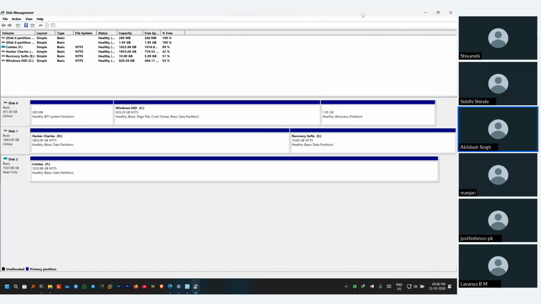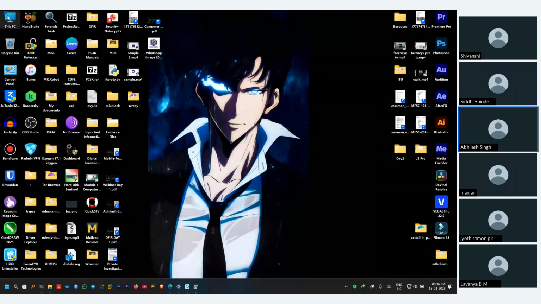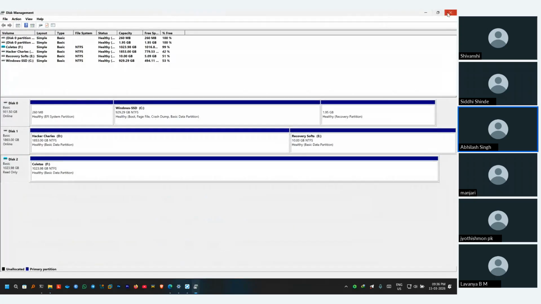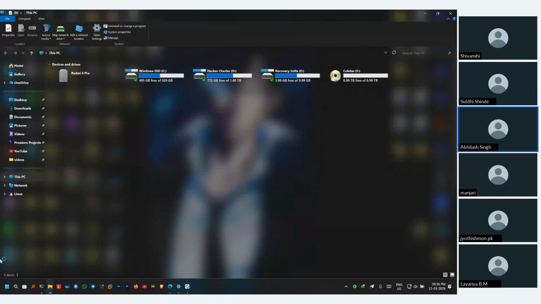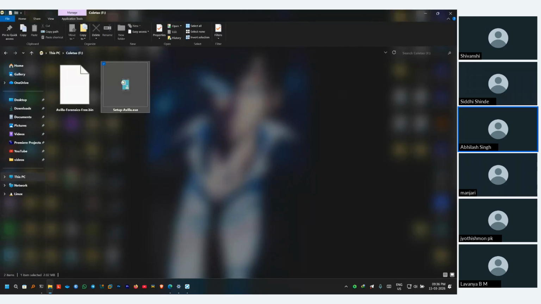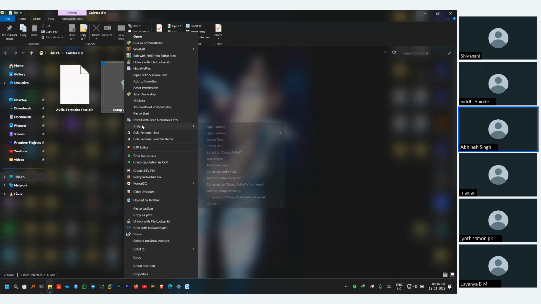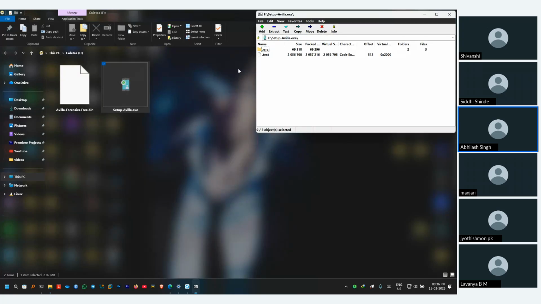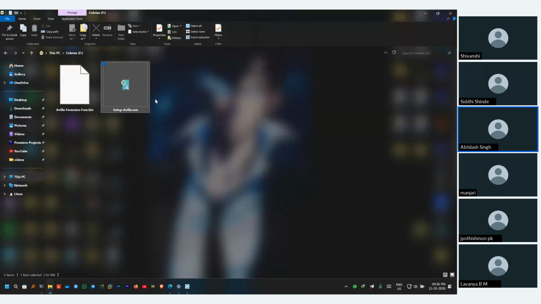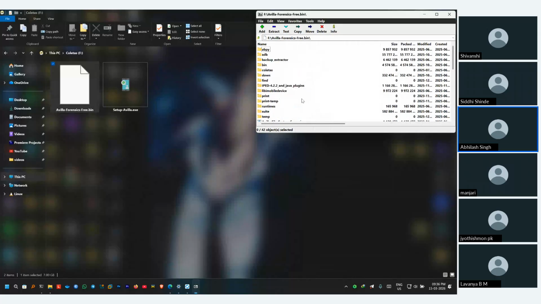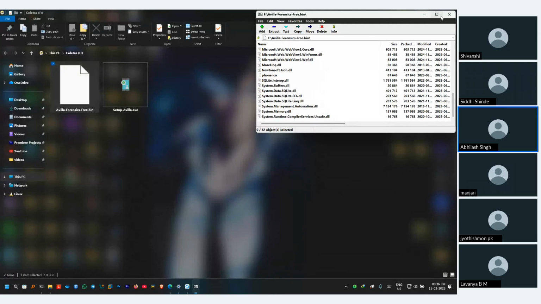Now there is a virtual disk, and if I go into This PC, I can see there's a disk now, and there is a setup for Avilla Forensics. Now, this is very much stupid, to be honest. If they just wanted to share the setup, they could have shared it directly. See, inside the bin file, there are all the files. But okay,